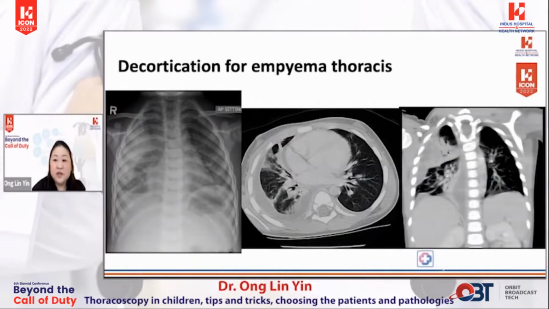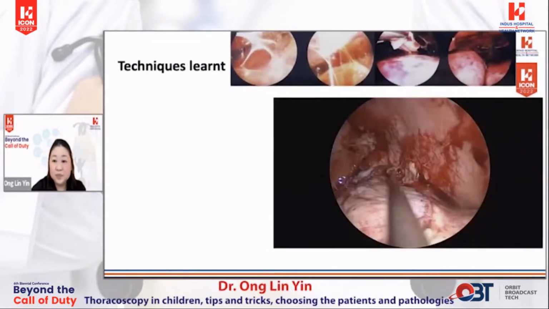Decortication for empyema thoracis forms the main indication for VATS in our department. Although early chest tube insertion and installation of urokinase has avoided the need for surgery in a select few, prior to COVID, we used to perform an average of 20 VATS decortications each year. This procedure was the mainstay for training for thoracoscopic procedures in our department. This is akin to appendicectomy for abdominal procedures.